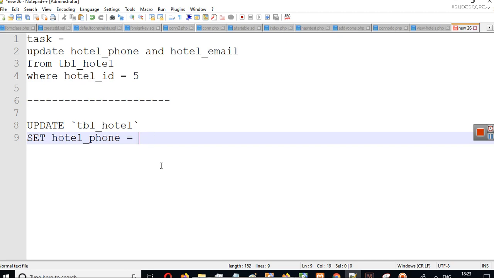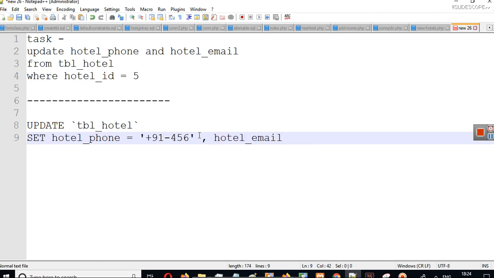now hotel phone can be an integer or it can be a string value. Let's say hotel phone is a string value, because we can have something like plus 91 and 456. Let's say this is the new hotel phone number. So set hotel_phone is equal to this, comma. What next do you want to set?